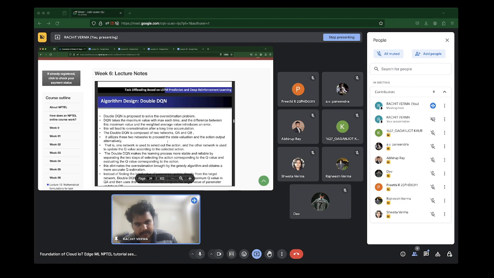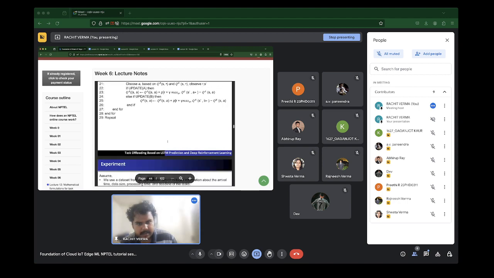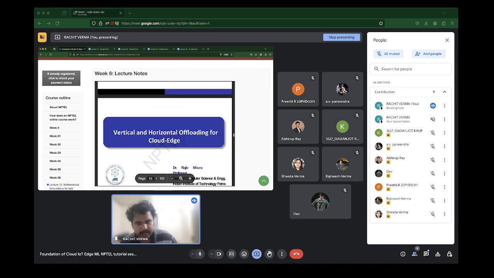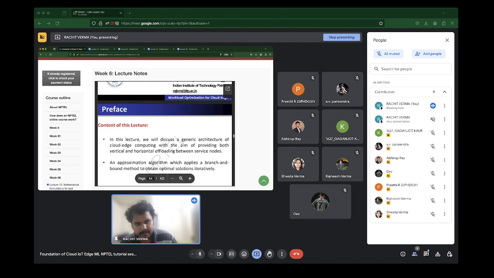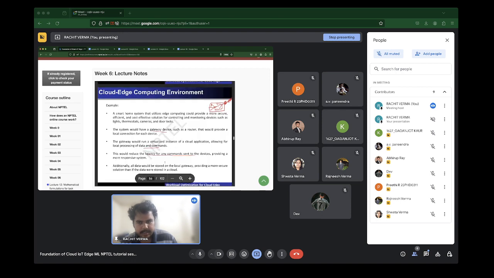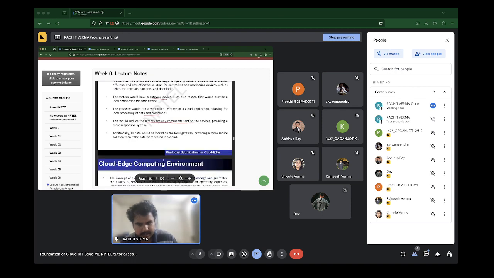And then we saw the double DQN model, and then after that saw a simple numerical. Then we discussed what vertical and horizontal offloading was.